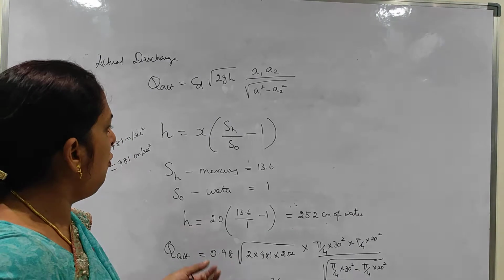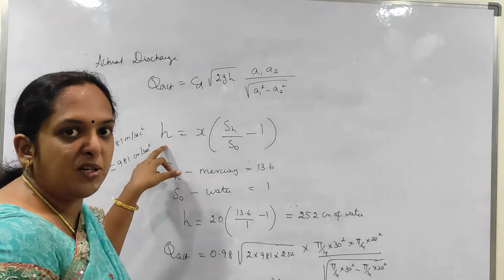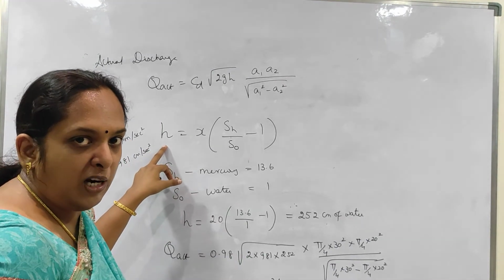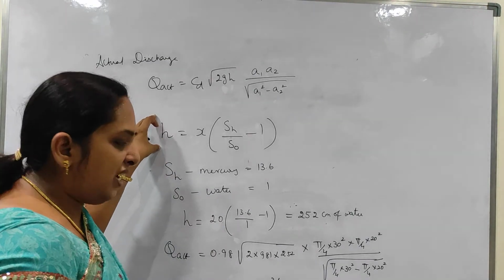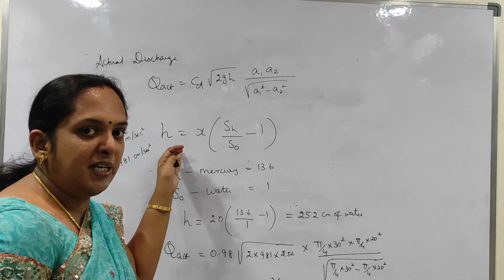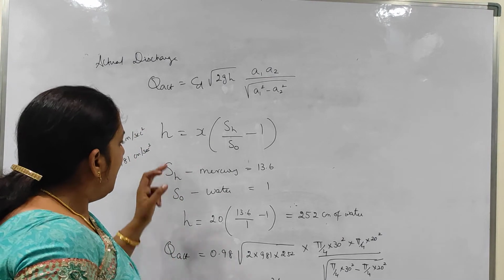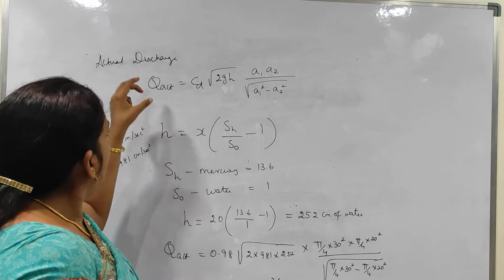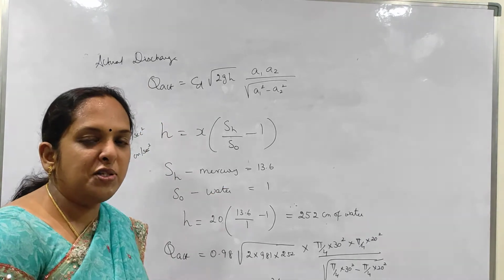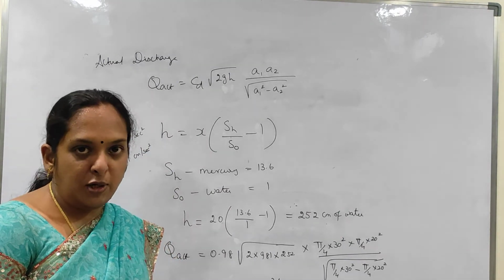Just we have to know what is X, and based upon X, how to calculate the H if it is a heavier liquid. If it is a lighter liquid, what is the formula we have to use. And we have to check whether it is a horizontal venturimeter or inclined venturimeter. So in this problem it is a horizontal venturimeter. We have seen that also. And we have found out what is the H, and we have found out the actual discharge. Actual discharge is otherwise said to be the rate of flow. That is what is asked in the question.